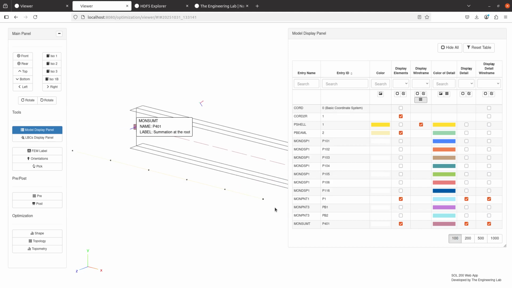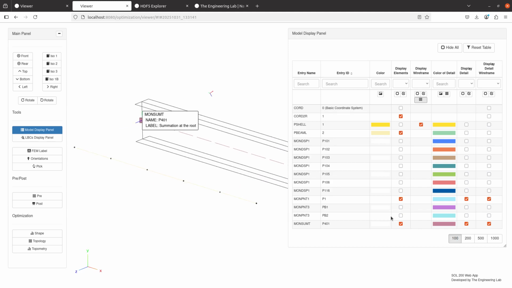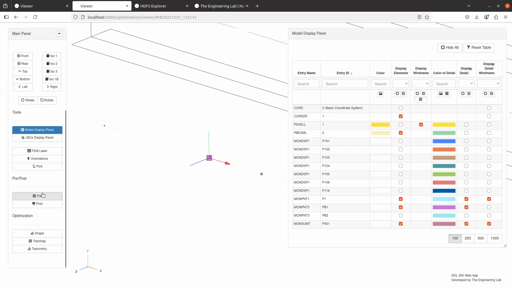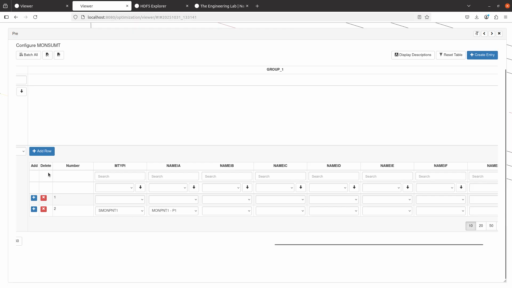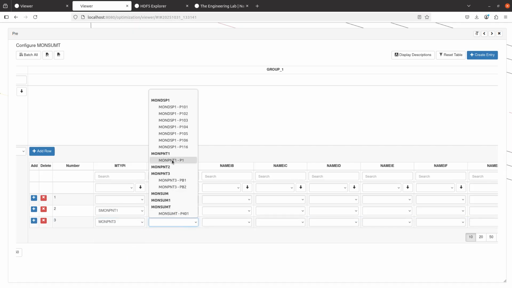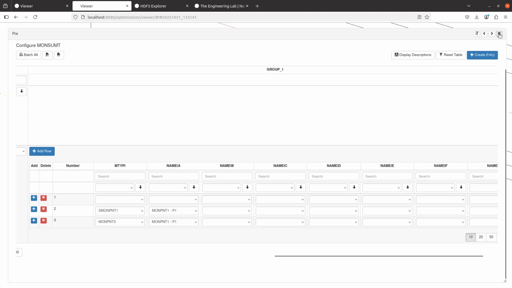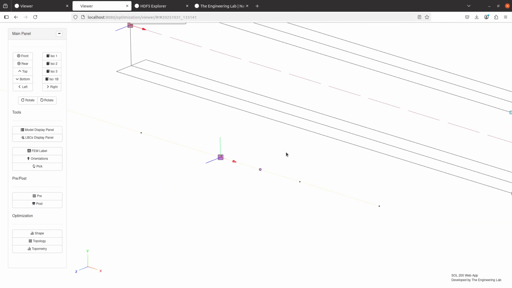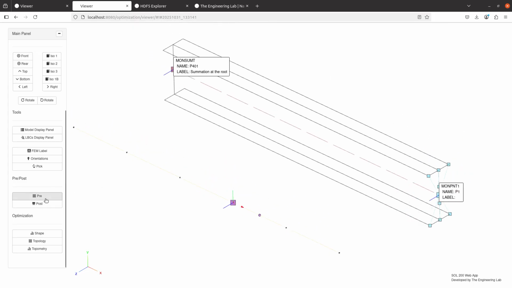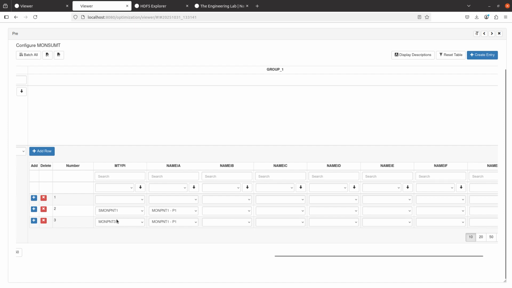If I wanted to, let's add another monitor point maybe. So we have another monitor point 3. How would we include that in the summation? Here we would add another row. I haven't tried this, but it may or may not work. I suspect it won't work, but if it did work, this is what the configuration would look like. I don't know if this will actually work. Let's see if